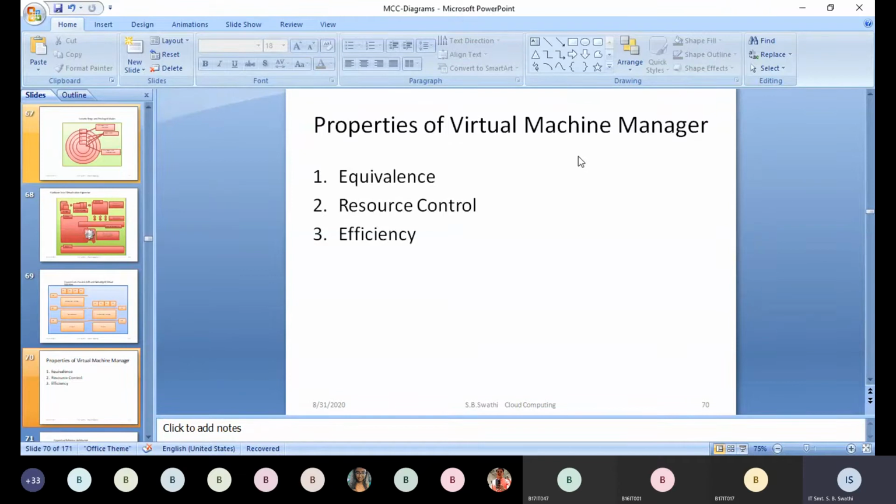When you are installing the VMM on your PC, that VMM will be installed along with some default information, default resources, some default infrastructure. So whatever instructions the client is giving, the virtual machine manager should be able to execute most of them.